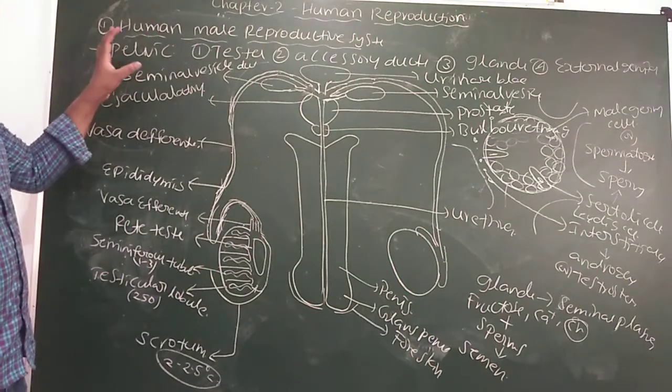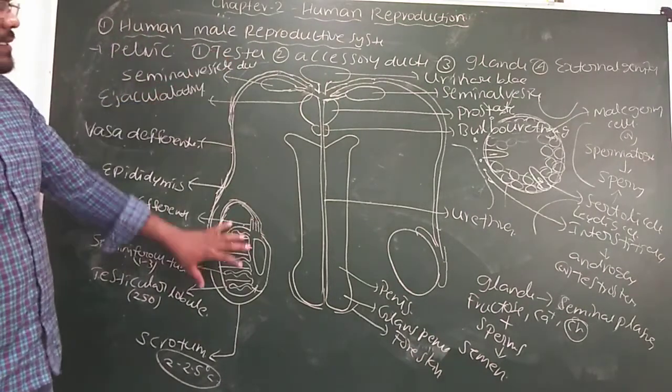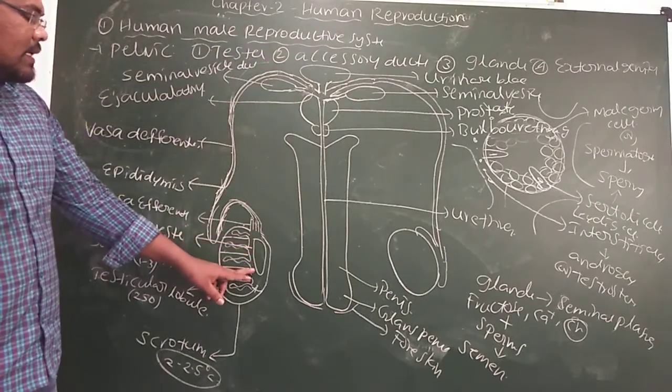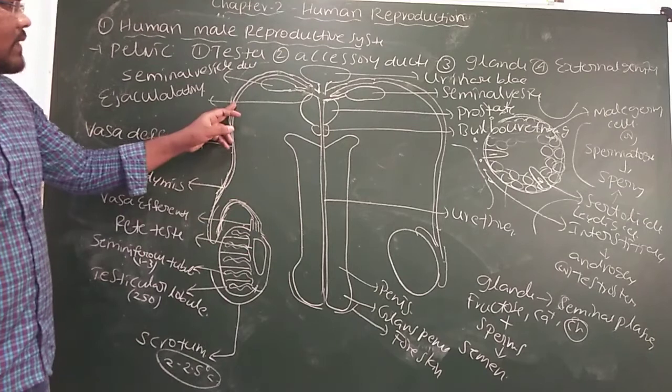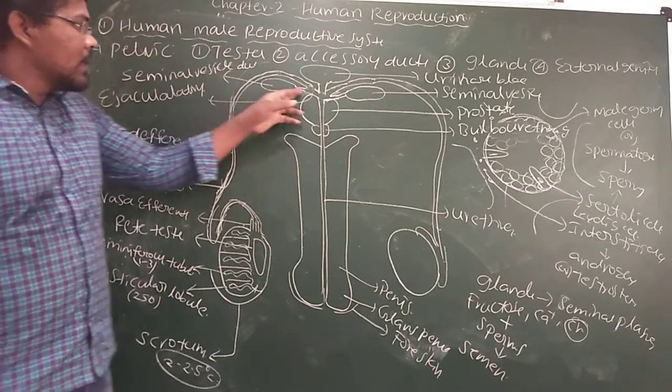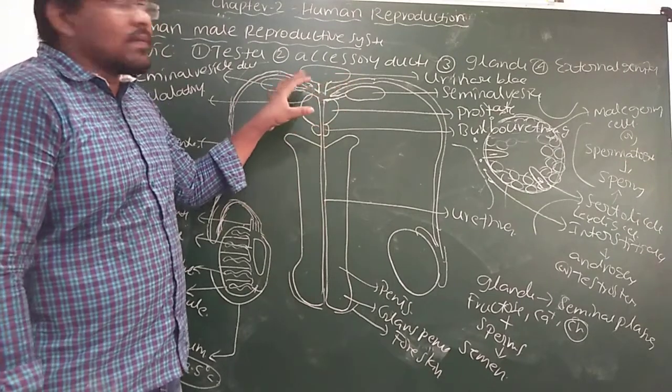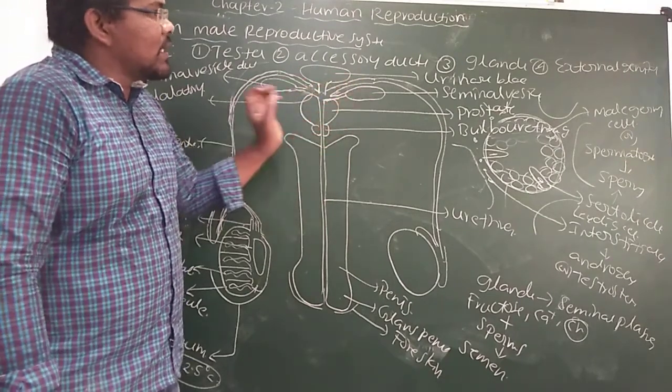Listen once again. In the human male reproductive system, we discussed the testis. Next, accessory ducts. Accessory ducts contain rete testis, vasa efferentia, epididymis, vasa deferentia. Next, the ejaculatory duct and urethra. Next, glands. 3 types of glands: seminal vesicle, prostate, bulbourethral gland. Next, external